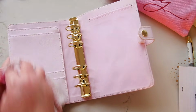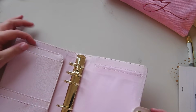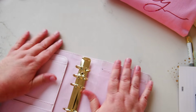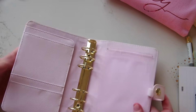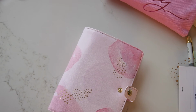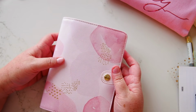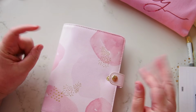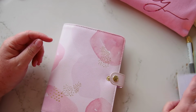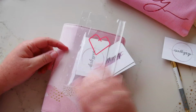Okay, I think I'm pretty happy with that. It probably needs a little bit more time to dry up there, but that's okay. That'll just dry as I'm setting up. So what I thought I would do with you today as well, of course, is set this up. And I've spent half my day prepping some bits and pieces for the planner. So the question I'm asking myself is whether I'm going to put this back in,